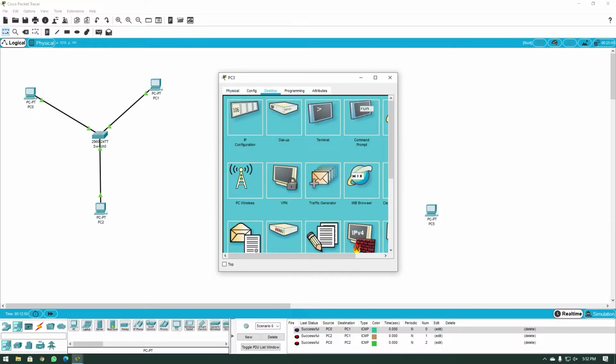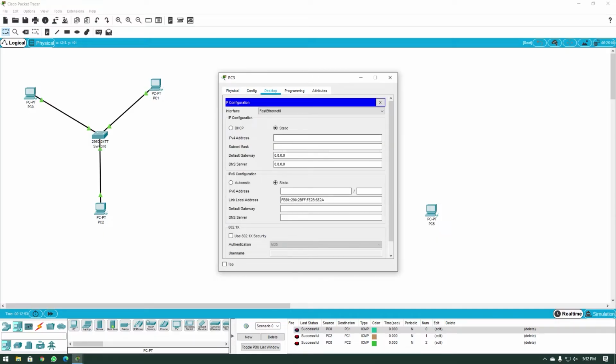So let's go to desktop, IP configuration. I give them a class A private address, which would be 10.1.1.50, and it is a /8 network, and the network part is just 10.0.0.0, and the rest is just for the host. So this is a class A address, and the first network that we had a class C address. And let's see if these two networks can talk to each other without a router in the middle.